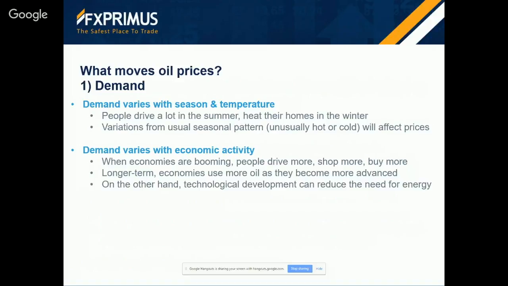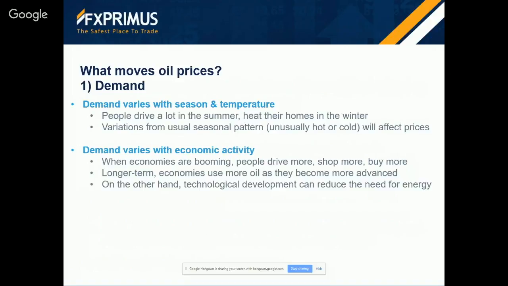Refiners build up inventories of gasoline in the spring in order to have the gasoline available when people start driving a lot. And then they build up supply of heating oil in the fall, so they have that on hand too. So this not only causes a change in the price of oil in general, it causes changes in the relative prices of oil, because the light sweet crudes are better for refining into gasoline. Heavy sour crudes can be used to make heating oil.